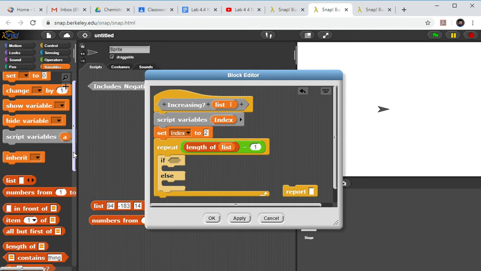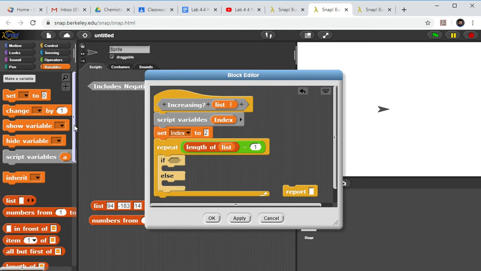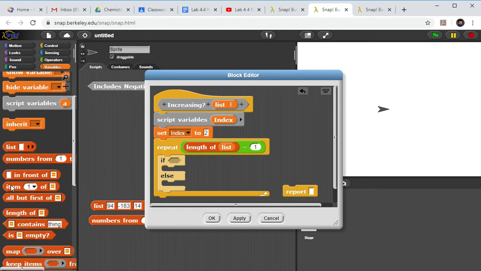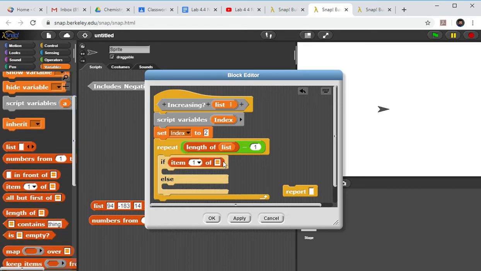Item index of list. Where am I finding this? Oh, there it is. Item. So if item index of list